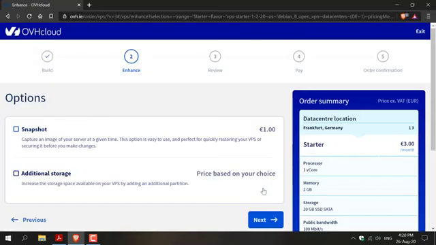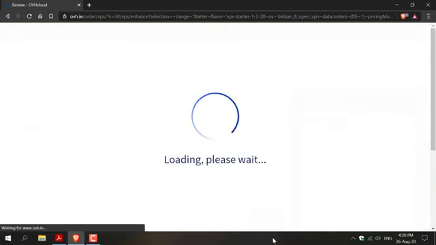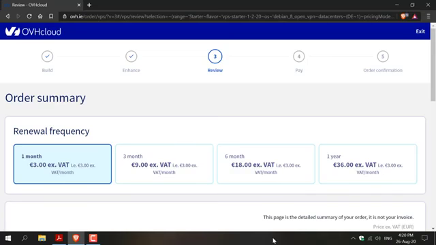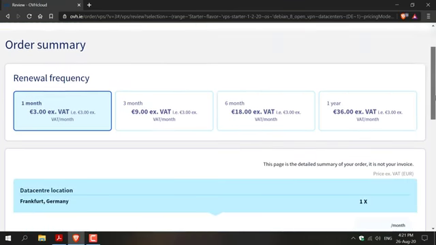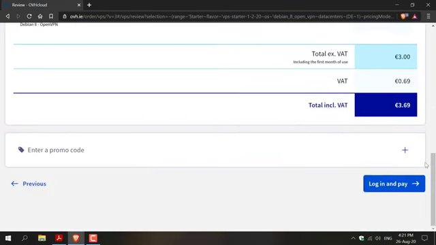Click Next. You will now be brought to the options page where you can enhance your VPS experience by adding snapshots or additional storage. I'm not going to add any of these features and I'm simply going to hit Next. You'll now be brought to the page where you can review your order summary and specify the renewal frequency. For this video, I'm just going to go with 1 month and then continue scrolling down here and click Login